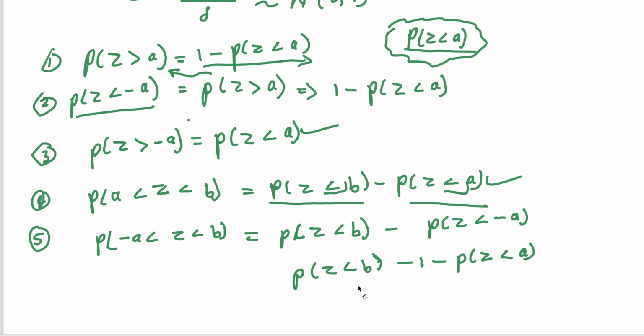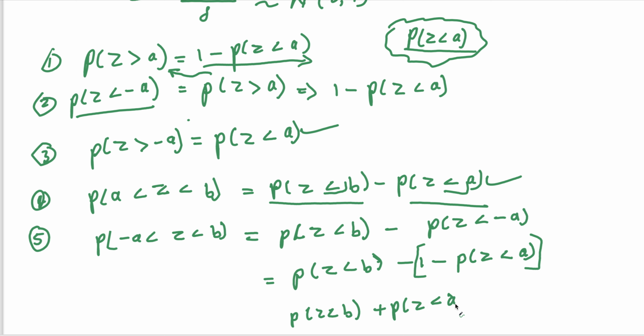Just don't like those pop-ups. So now you have this formula. So this will be your final formula. Wait, I made a mistake here. We need to just distribute that thing there inside. So it will be plus that one. So it will be P of Z less than B, and then this will be plus P of Z